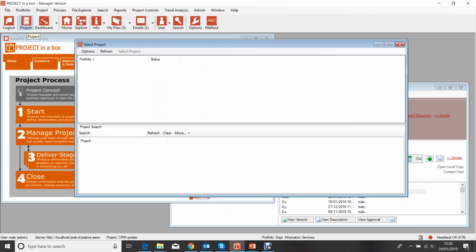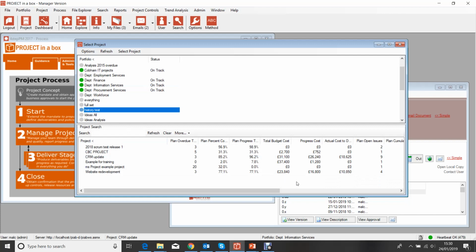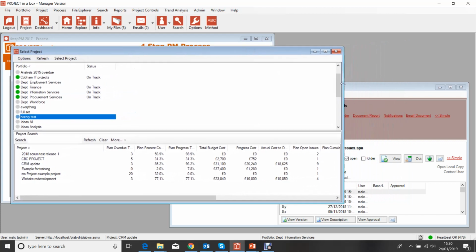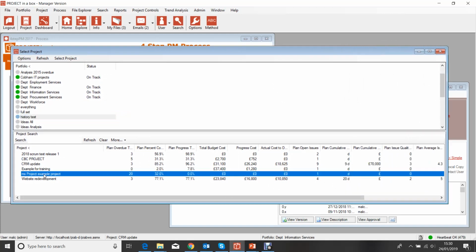Let's just go and change portfolios, and I'm going to go and look at one which I know has got a Microsoft project file in it. And so this set of projects, I've got one MS project example project. This has got a Microsoft project file in it instead of a planner file. You wouldn't really know that though until you went in and had a look, apart from one indication, which is